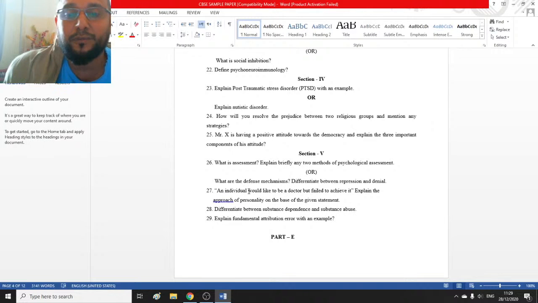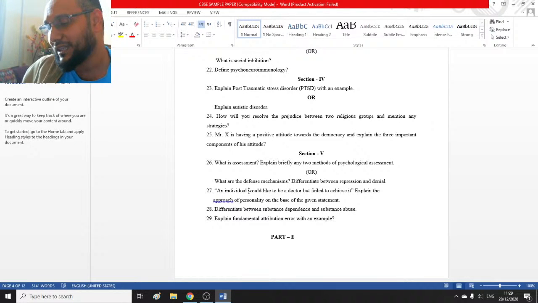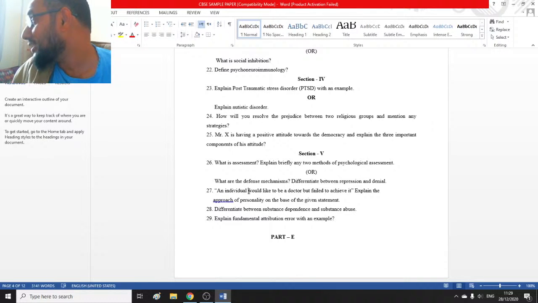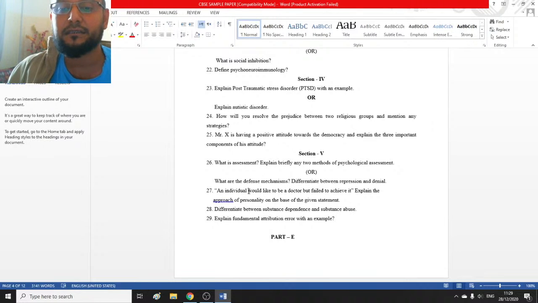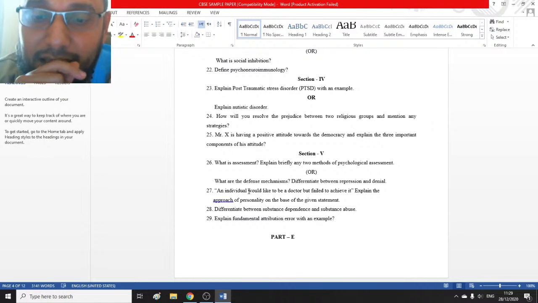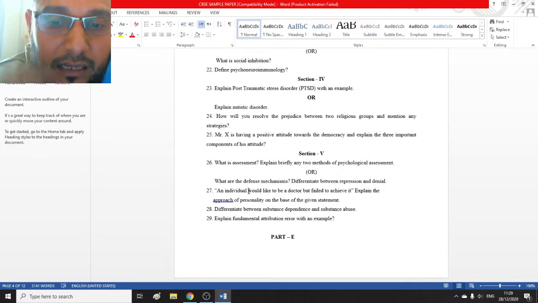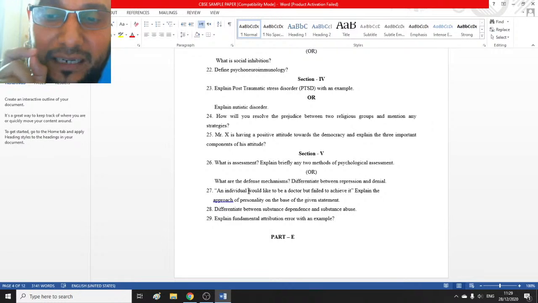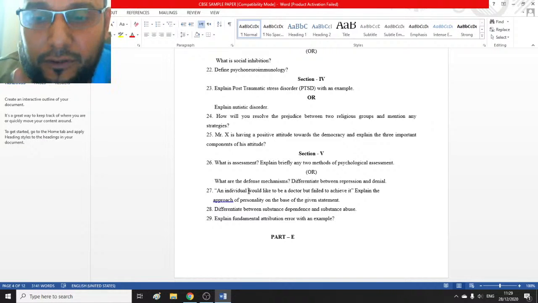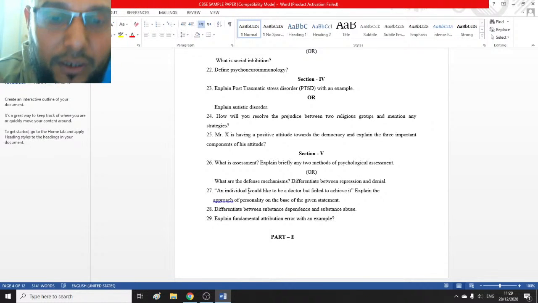Explain the humanistic approach of Carl Rogers, you see. Real self and ideal self. What about the real self here? The real self is what you are at present, the ideal is what you would like to become. When you fail to achieve your ideal self, at that time you will develop a mental discrepancy. Of course, I just gave the direct point to you. Before this, you have to mention human behavior is goal-directed, behavior is worthwhile, behavior is purposeful. You need to write about behavior, then you go to this area of Carl Rogers' personality.